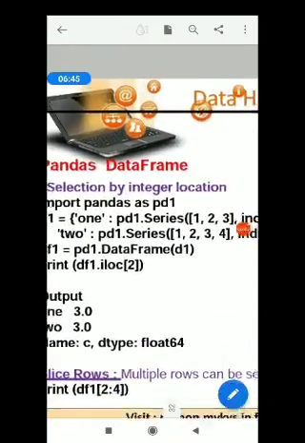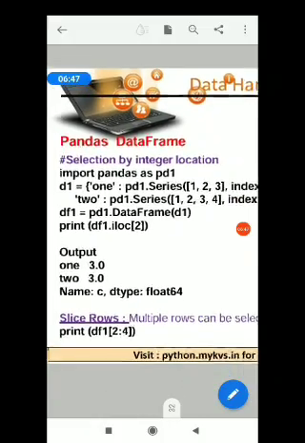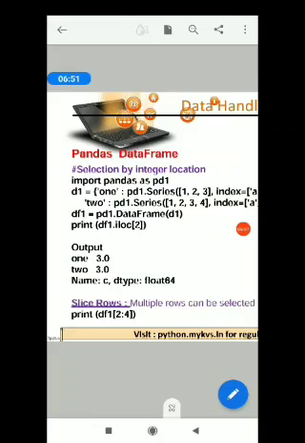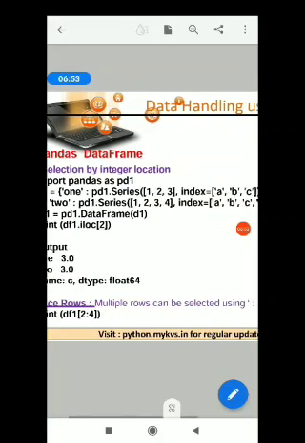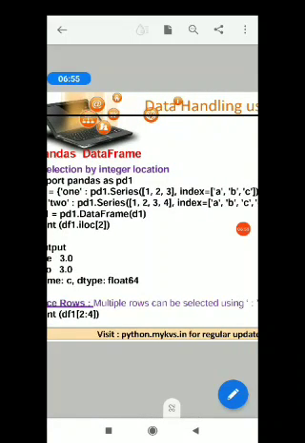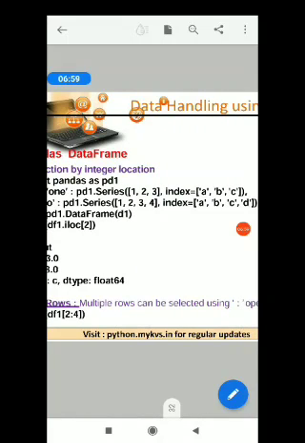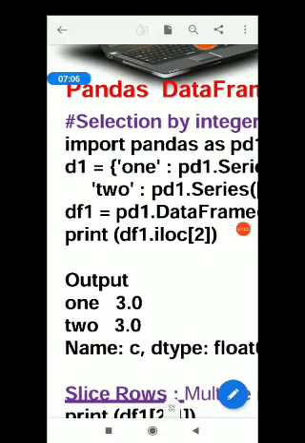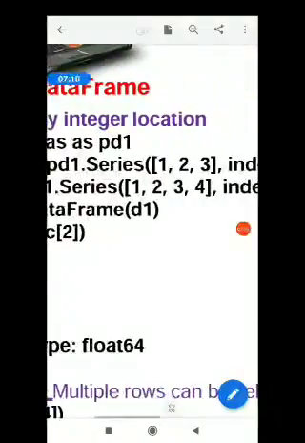Here I'll show you selection by integer location. So iloc is used in the same program, and if I'm giving iloc 2, it will look for 0, 1, 2. That is the index location C it is showing. You can use df1.iloc[2], which shows you from both the series.